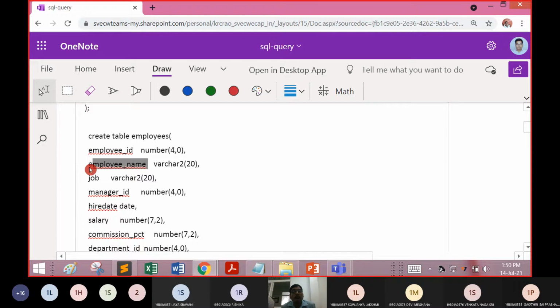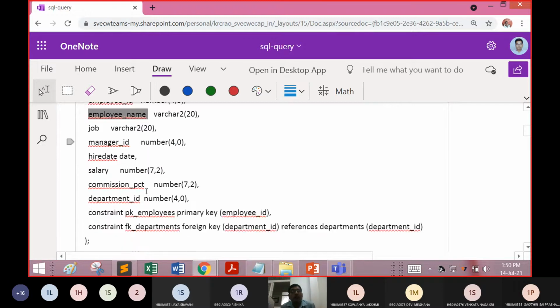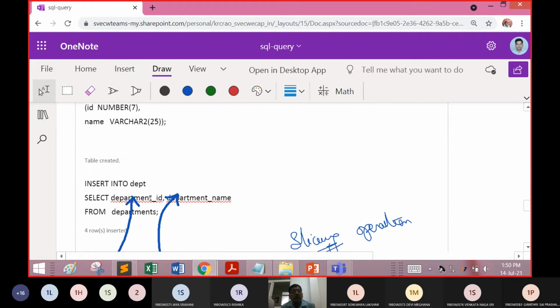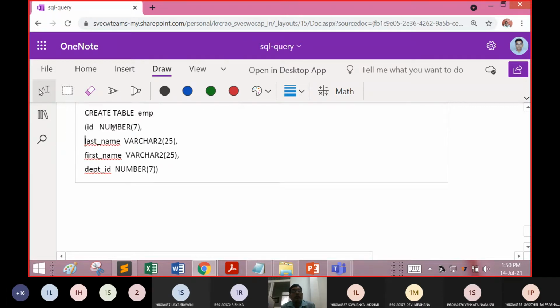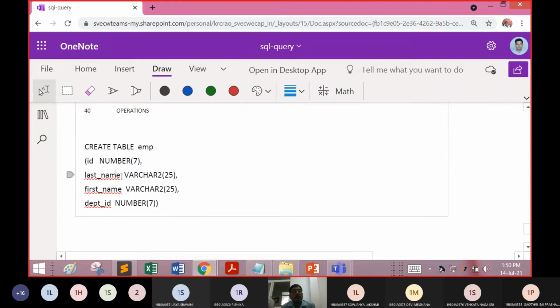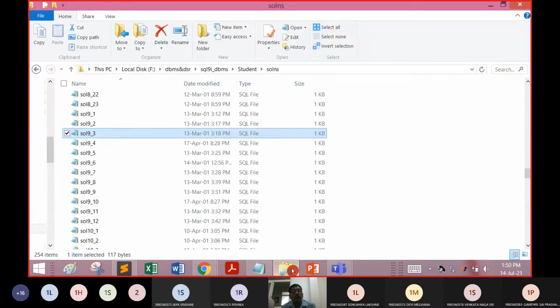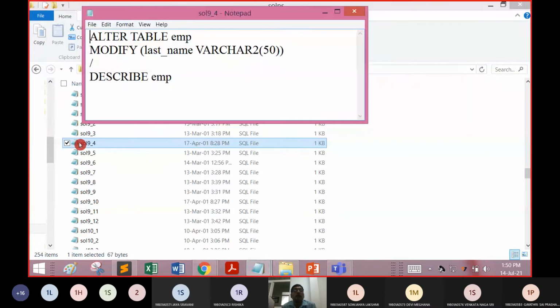So what we will do is, instead of last name and first name, we will make this as employee name. When doing the insert operation, we will insert into it. Hold on.